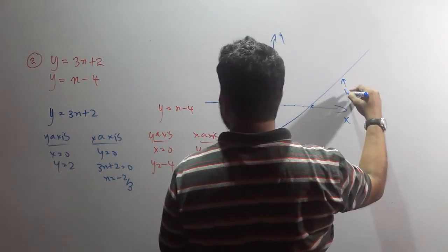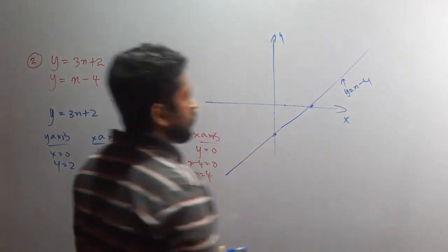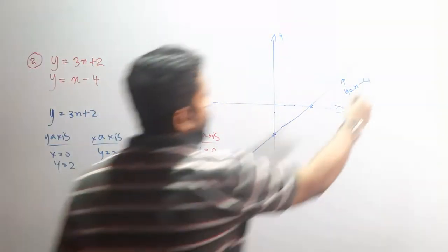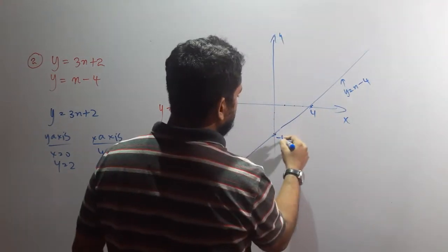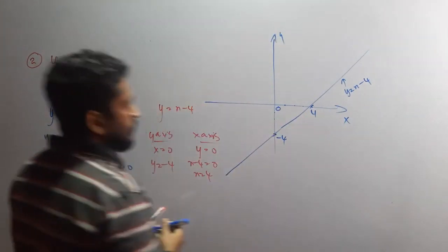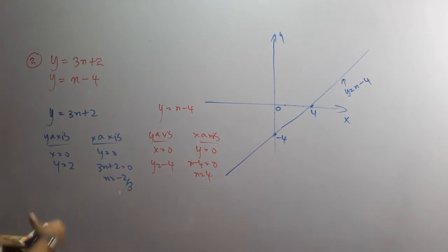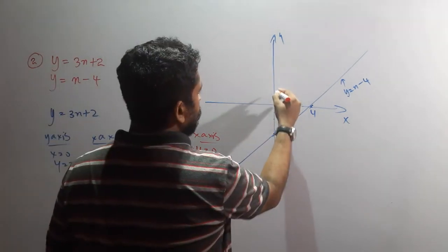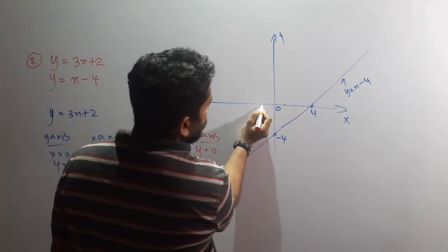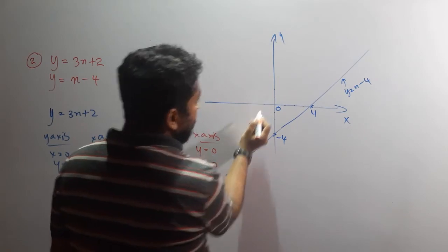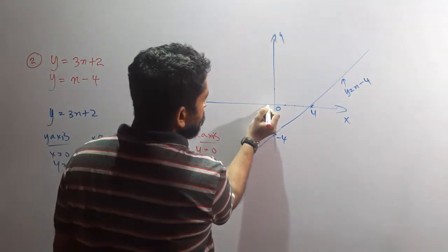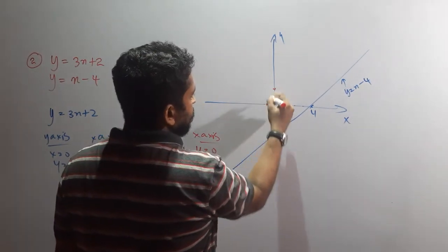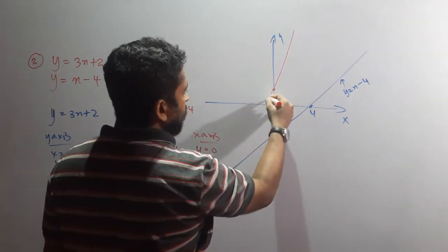Get them connected. So what is this graph? y equals x minus 4. What about the other graph? Starting point plus 4, minus 4, origin. Right. What about the other graph? y is 2, x is minus 2 by 3, less than 1, 2 out of 3. Like this. Make those connected.